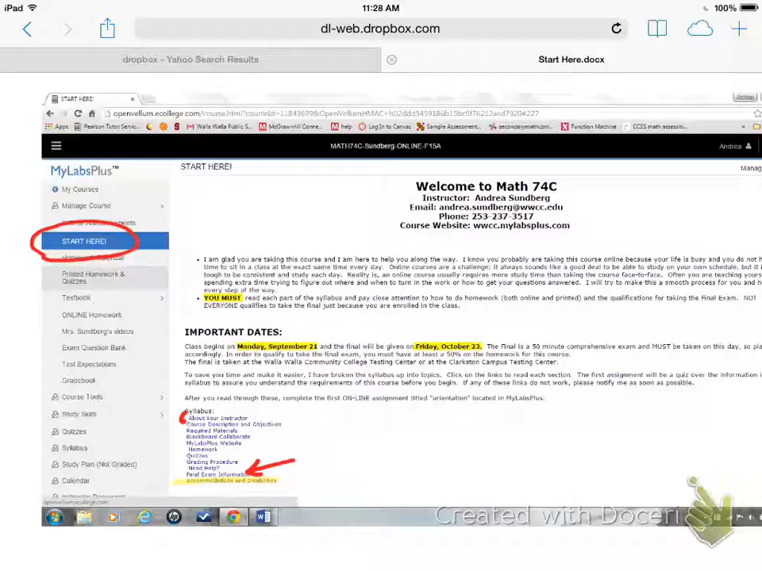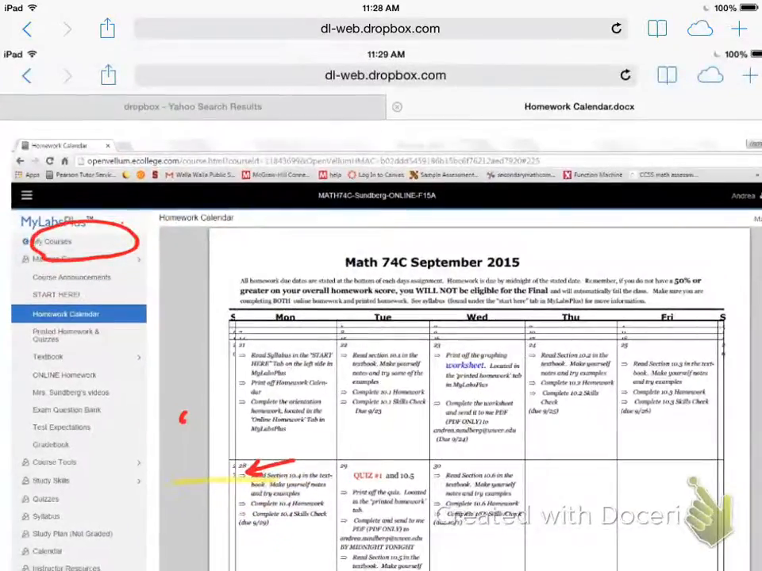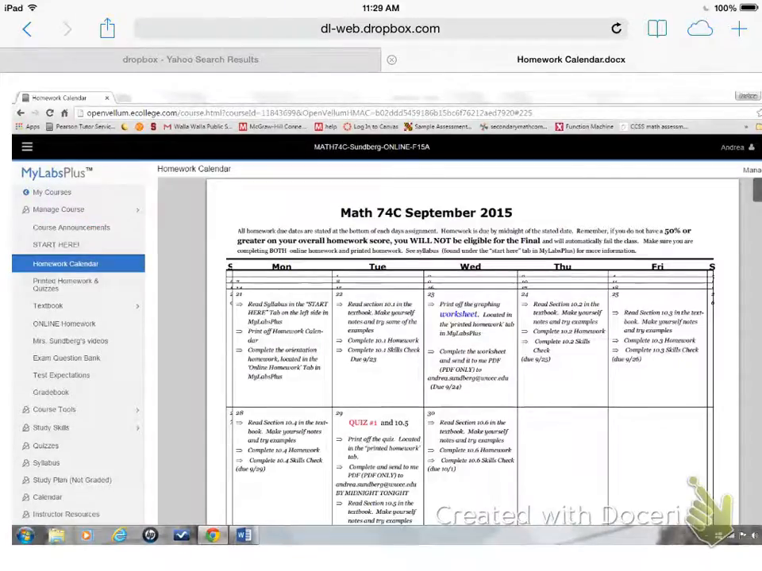Okay, and that's about it for that slide. And I'm going to go through these other slides so that you know what they look like. Okay, here we go. This is what it looks like if you click on the homework